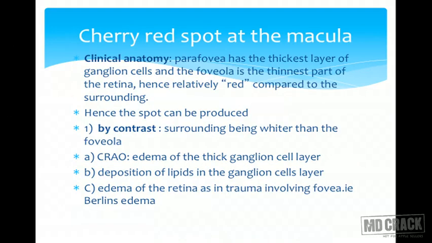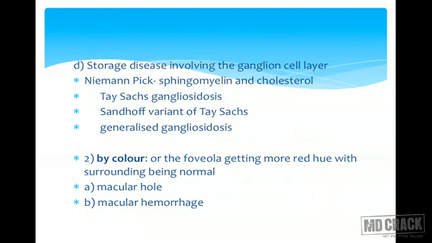Discussing the first part, by contrast, the foveola can appear red as a cherry red spot in case of central retinal arterial occlusions. This causes edema and thickening of the ganglion cell layer, which appears white, and hence the red stands out in contrast. Deposition of lipids in the ganglion cell layer in metabolic diseases, which we will discuss. Edema of the retina as in trauma involving the fovea, which we commonly call Berlin's edema, causes a transient axonal stasis and edema, leading to a white patchy area around the fovea and the highlighting of the macular